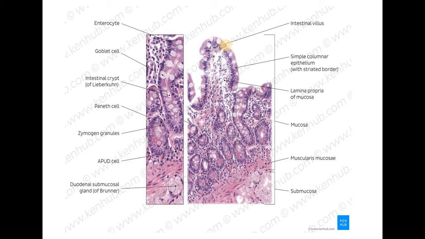The inner surface of the small intestine is thrown into circular folds or ridges that are parallel to one another, known as plicae circulares or valves of Kerckring,